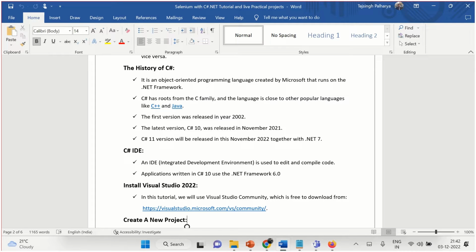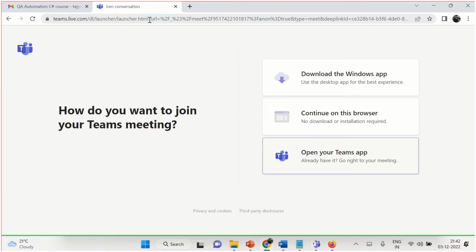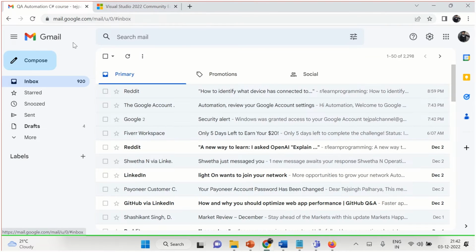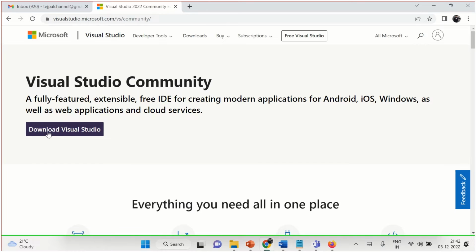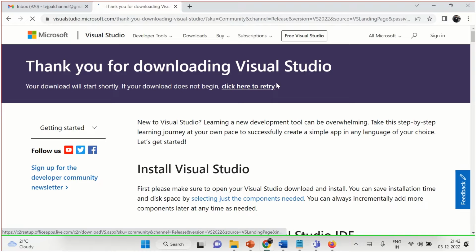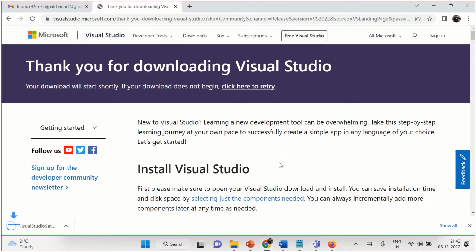So how can we install Visual Studio? For this you can use this URL. Based on this URL, you can just go to the C sharp community, and you can click on download Visual Studio. When you click on this, you will get a pop-up for the Visual Studio installer. You can see this is the Visual Studio setup. When you double click on this,